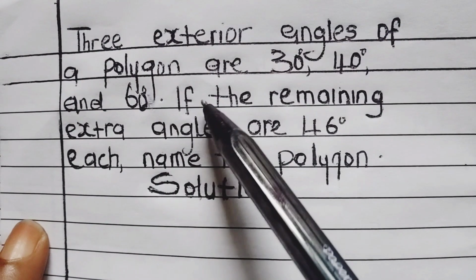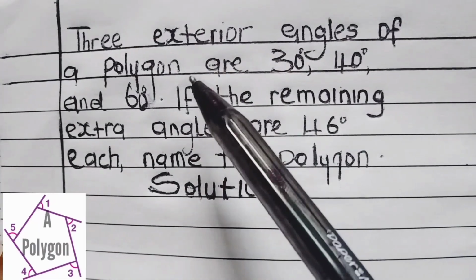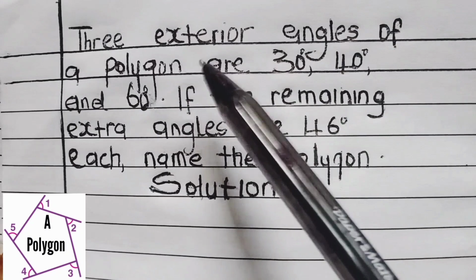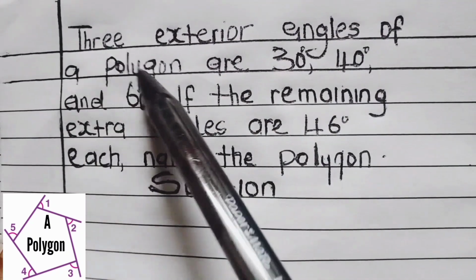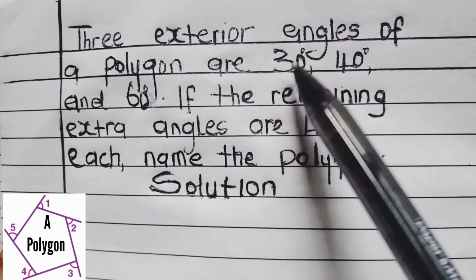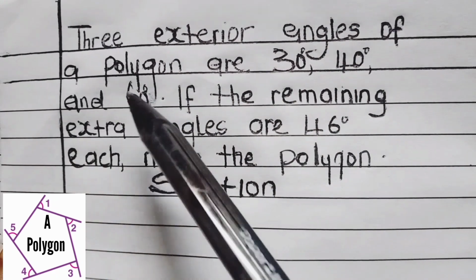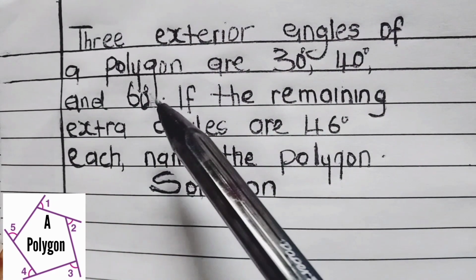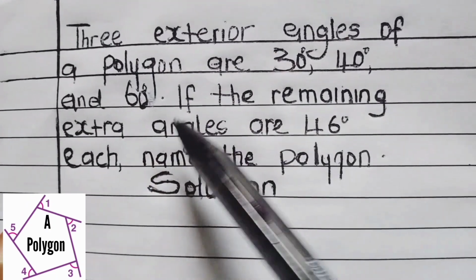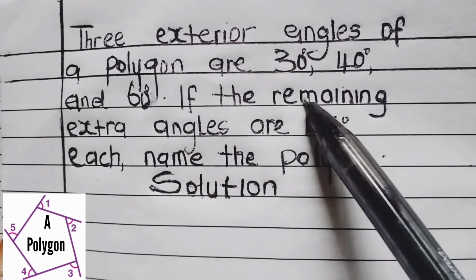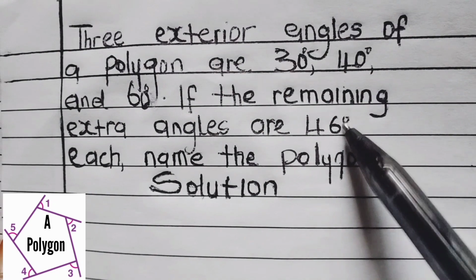Let's take a word problem on the exterior angles of polygons. Let's read the question first. The question says, three exterior angles of a polygon are 30 degrees, 40 degrees, and 60 degrees. These are the exterior angles. And the question continues. It says, if the remaining exterior angles are 46 degrees each,